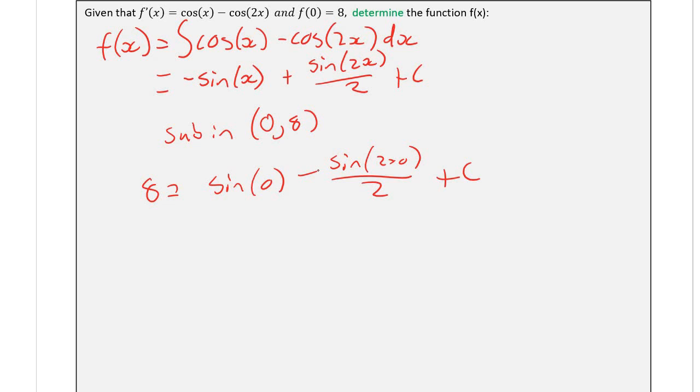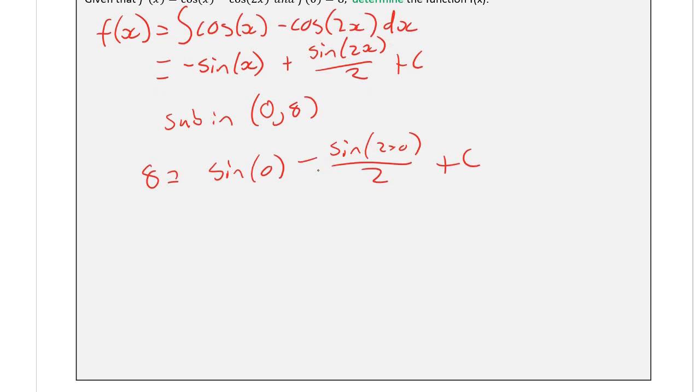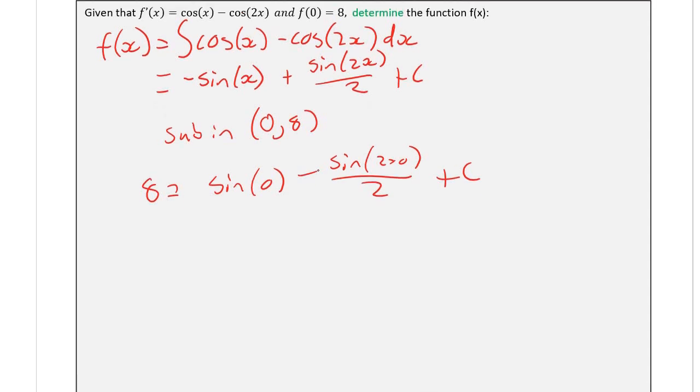Sorry, so it should be minus in the middle. What is sine of 0? 0. What is sine of 2 times 0 over 2? Still 0. 8 equals 0 minus 0 plus c. C equals 8. Therefore, f of x